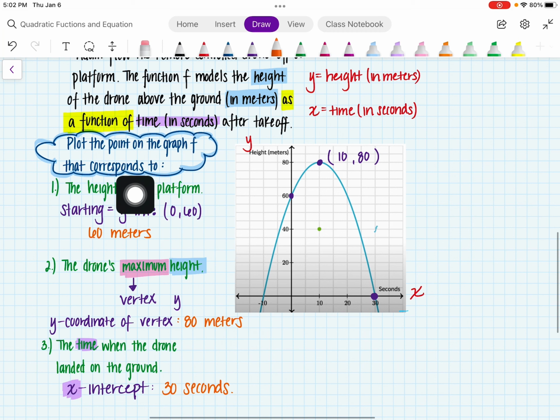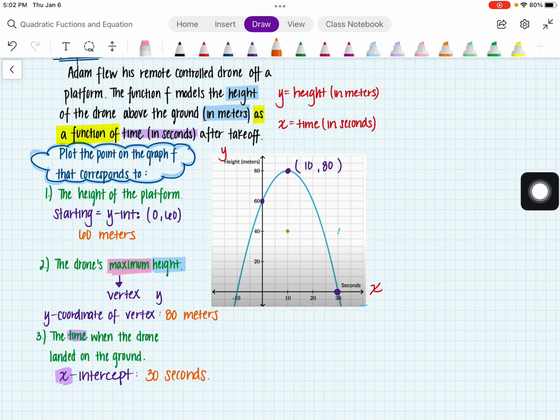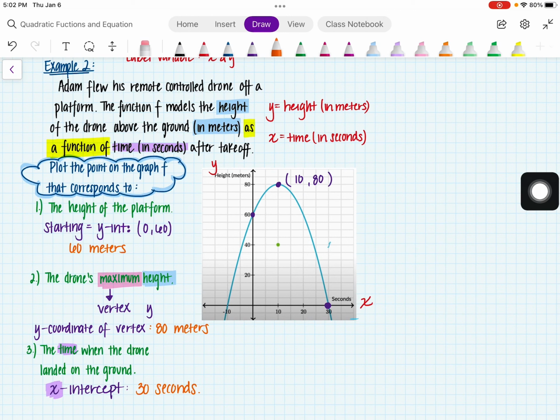When you do your Khan assignment, they're not going to be asking you to do all of this. All they're asking you is to plot the point. So this green point, you just have to drag it to wherever they're asking you. Make sure you first identify your variables, x and y, and then see whether they're asking you for x or for y, and you can go on from there. Anything they mention with maximum or minimum or highest or lowest always talks about the vertex. Anything talking about ground level, reaching the bottom, that's x-intercepts. And anything that talks about the starting point, the beginning,